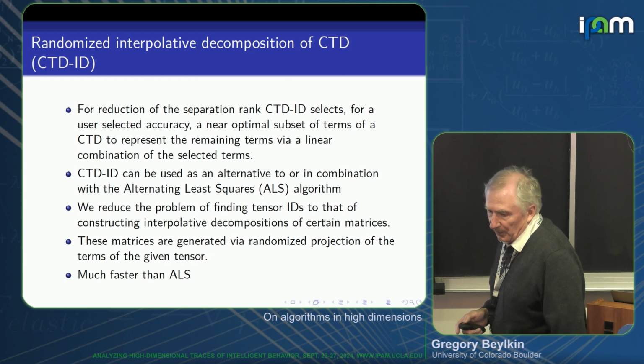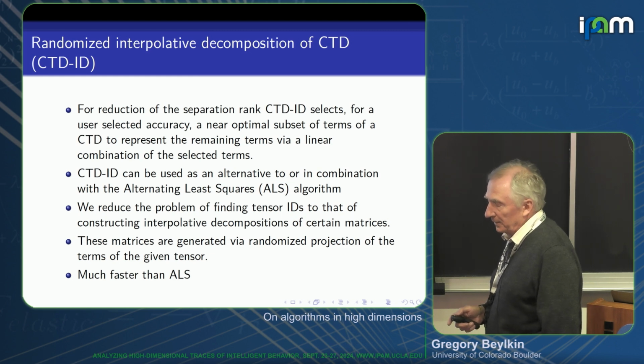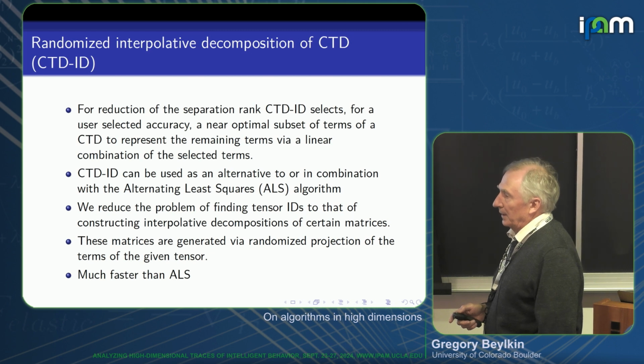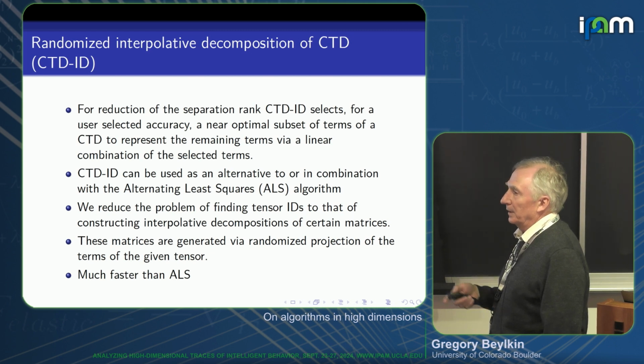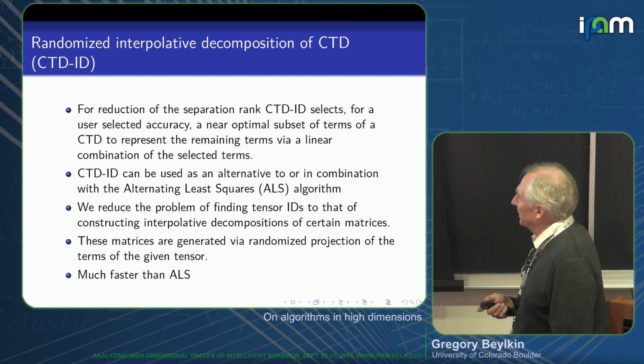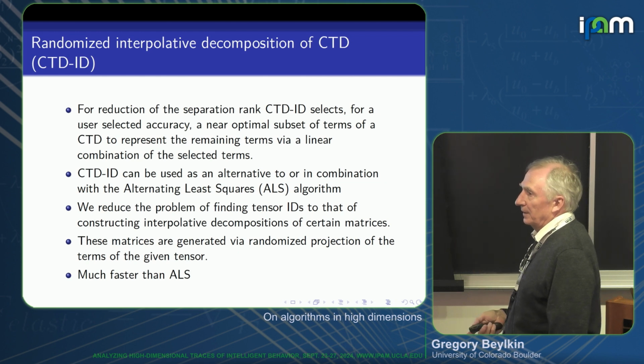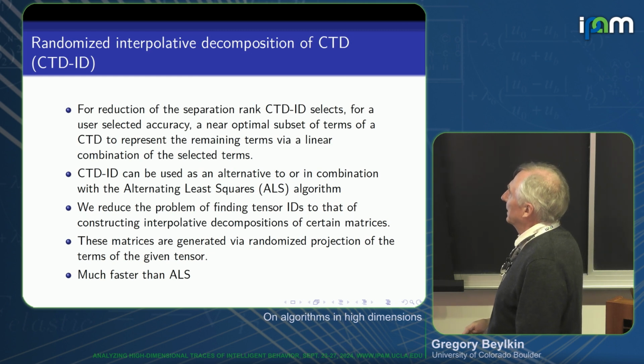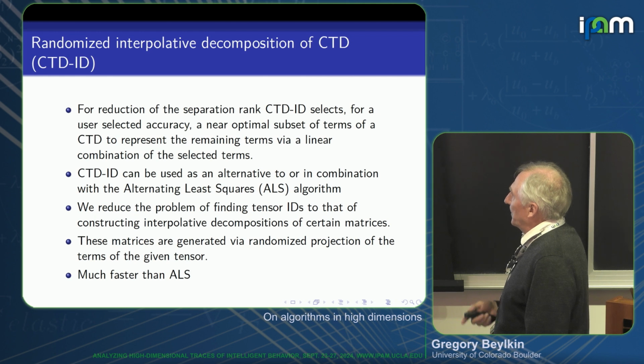One more thing. The algorithm, alternating least squares, is very expensive, so we always used it with some kind of preliminary reduction of terms. The way you do it, you think of all these terms as vectors and simply find linear dependencies between them. So you have many directions, but you still think it's one vector, it's just a collection of numbers. Now, for matrices, this is known as interpolative decomposition, or finding the skeleton of a matrix.